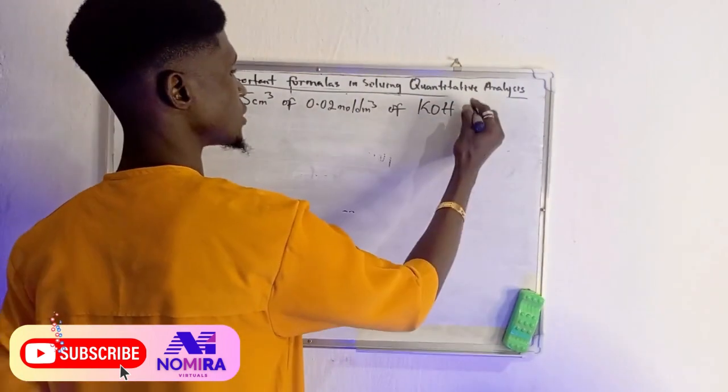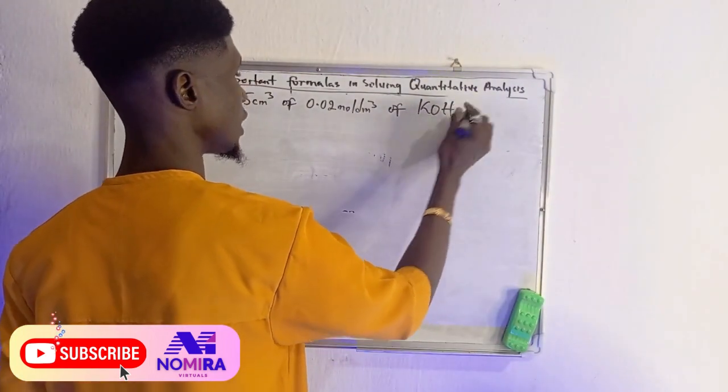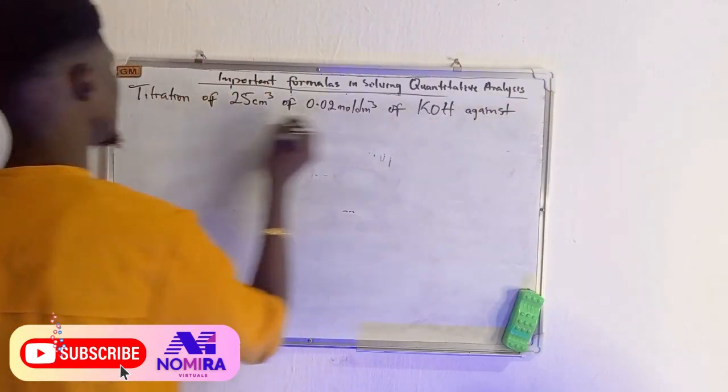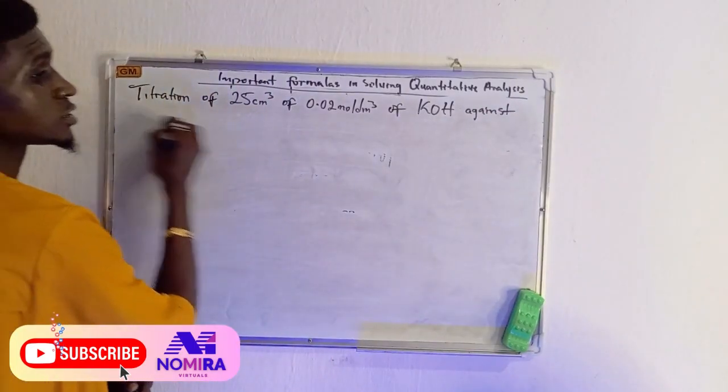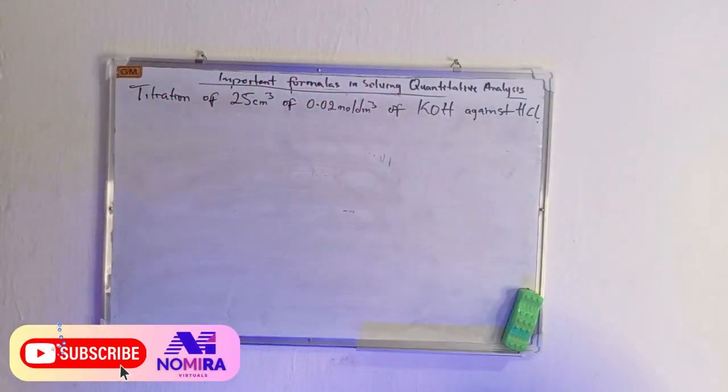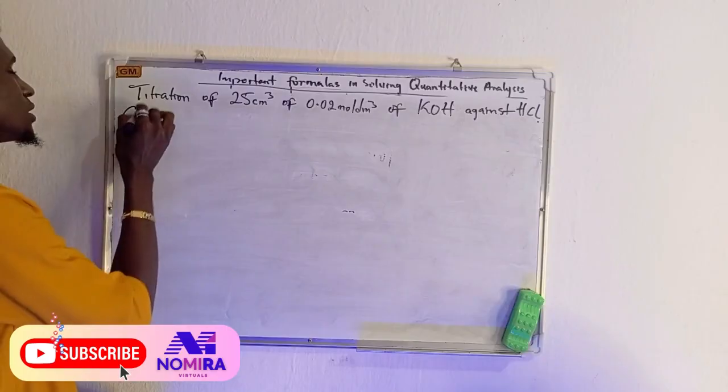The titration is between potassium hydroxide against, let's say, HCl, which is the acid. Then they said calculate